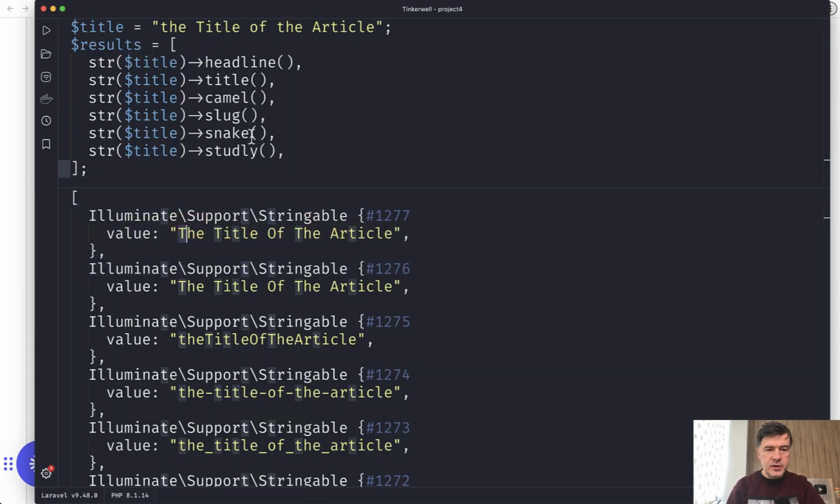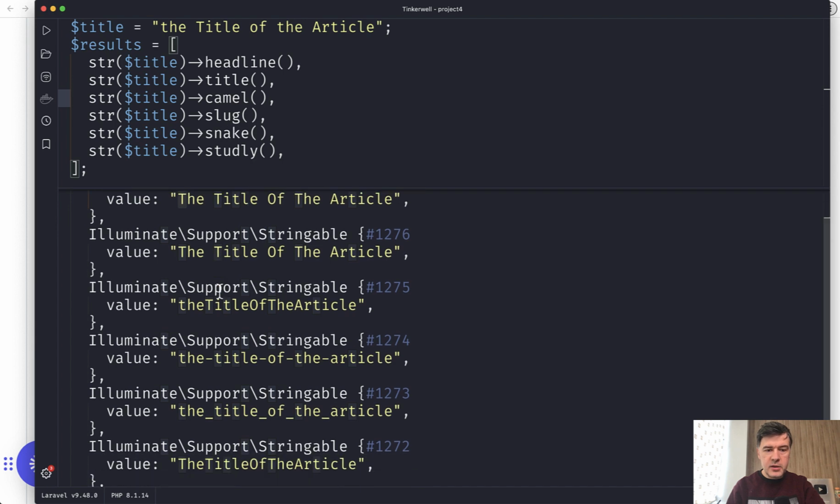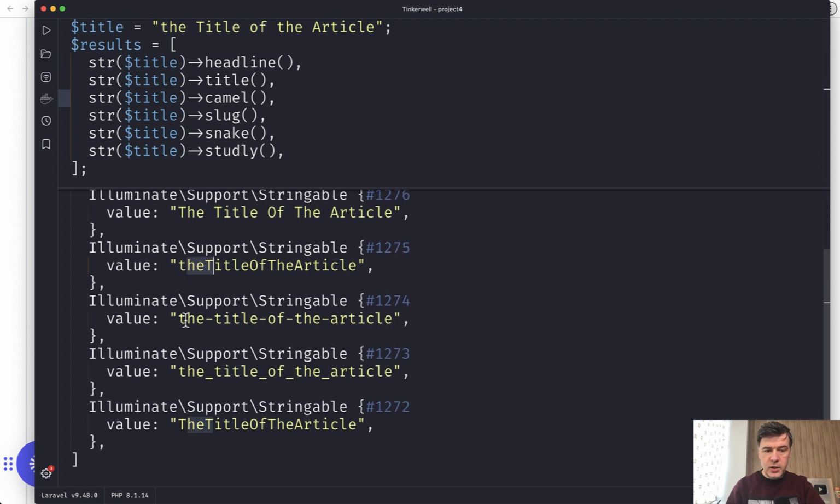Anyway, back to this. So camel is camel case, basically no spaces and each letter is uppercase. Slug is a typical slug, usually for SEO purposes. Then snake case is with underscores. And also there's studly case, which is almost the same as camel case, with the difference that the first letter is uppercase. So these are just a few string helpers I wanted to show you quickly with this example,